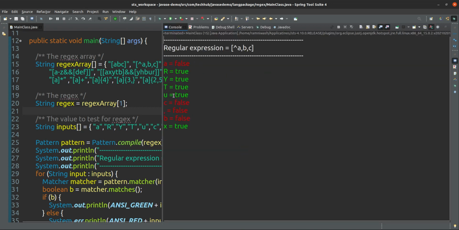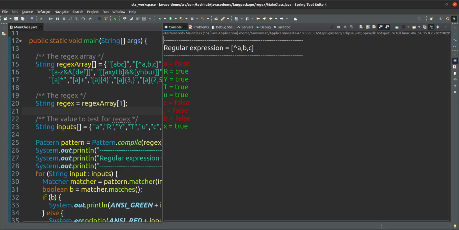A, B and C will not pass, and comma will not pass either because comma is not a character from A to Z. Other than A, B, C, it will pass: R, Y, T, U, X, because you are applying negation on a character class.